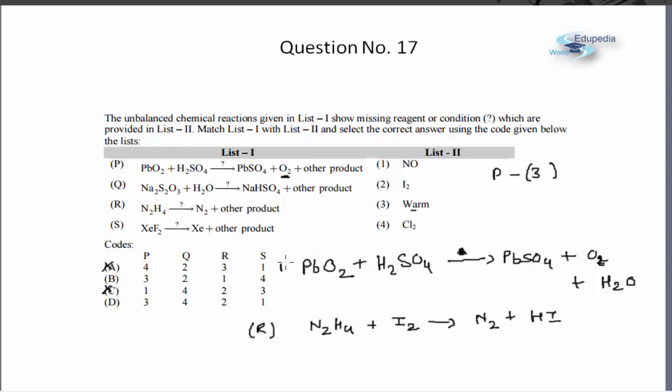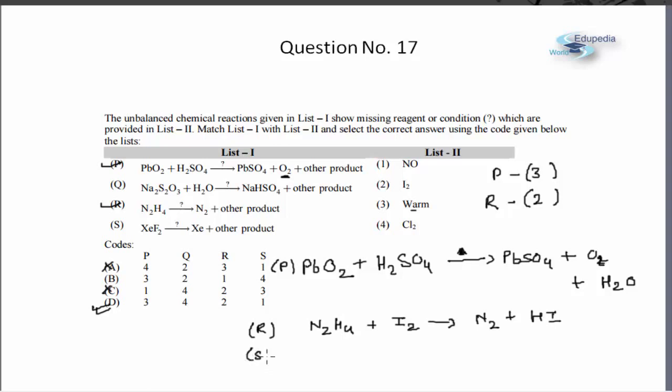This will be my reaction in case of option P. So that means I have solved two of them, P and R, and R I am matching with 2. So now that only leaves me with D as the correct answer. But just from knowledge point of view, we have already reached the answer with the help of the elimination process.